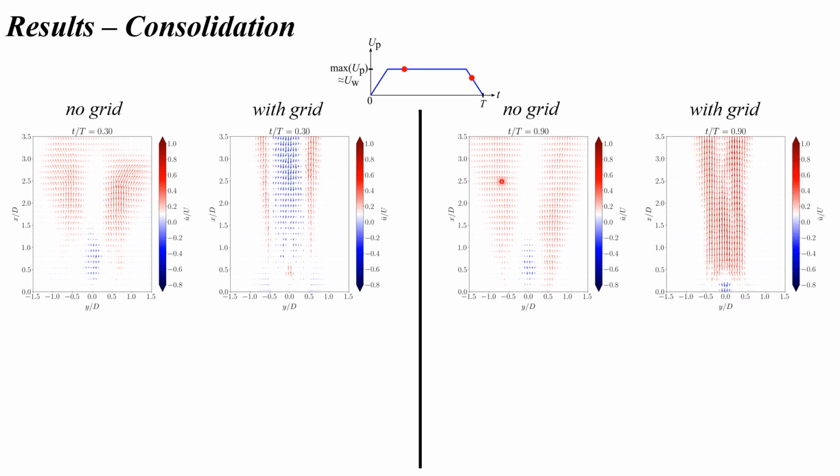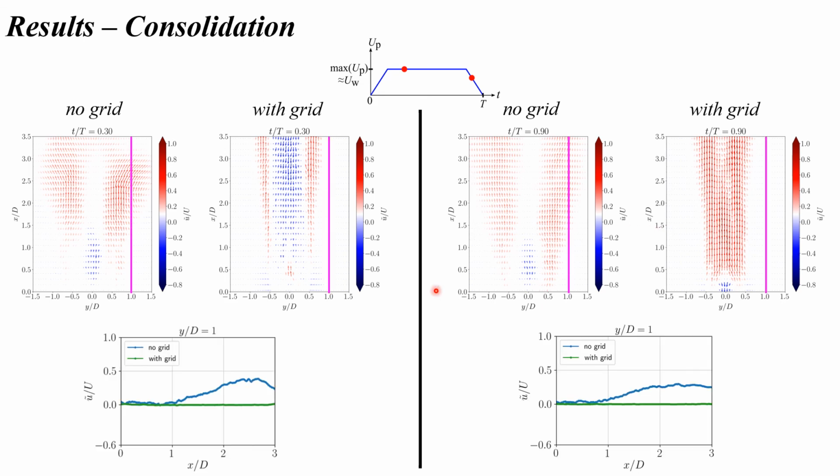On the other hand, for the model with the grid, the large reverse flow region that occurs initially only disappears much later in the inhalation period. So this means that the effect of the grid in reducing the flow swirl only manifests much later towards the end of the inhalation period. And when we look at the axial velocities at one jet diameter from the center line, the lateral spreading is much lower for the model with the grid, which demonstrates the flow straightening effect of the grid.